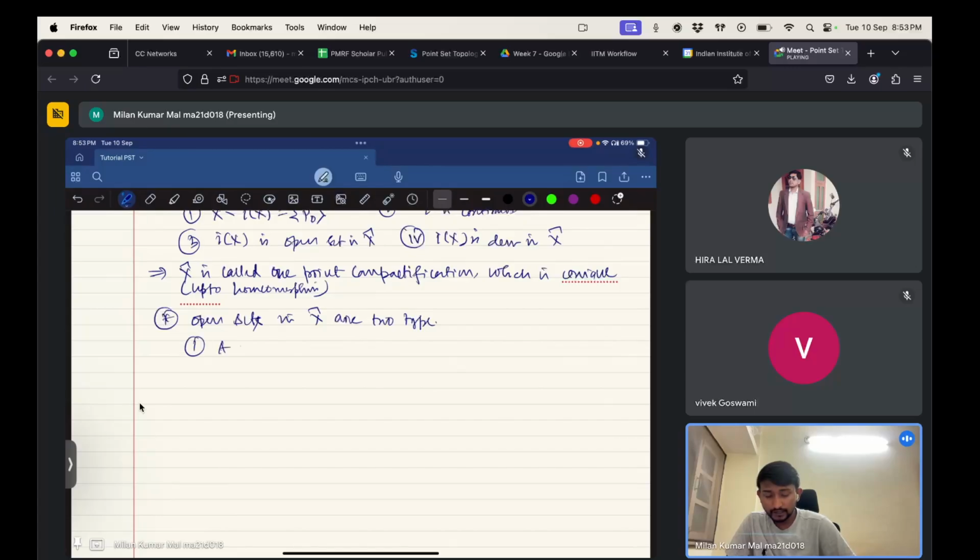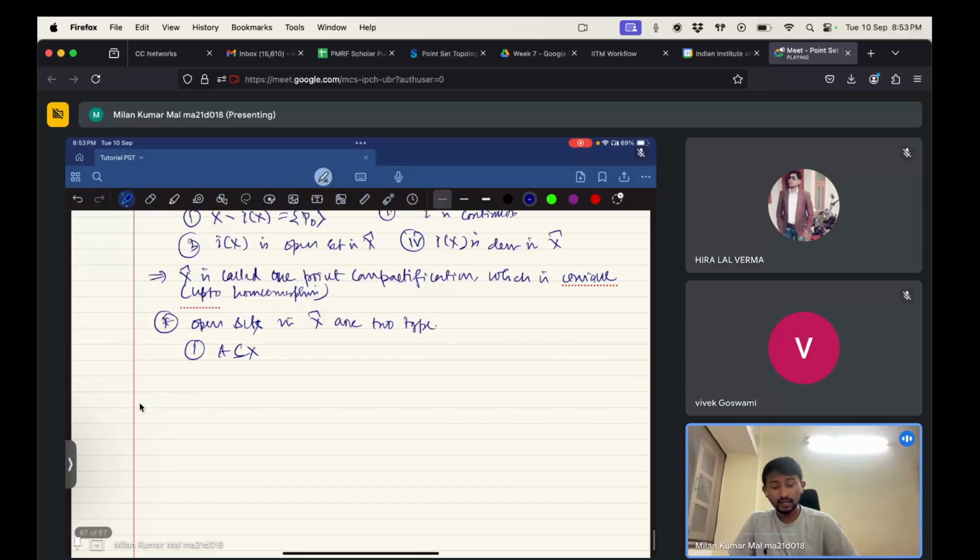If A is a subset of X, let's take an open set in X cap. Whatever topology we define on X cap, that will be the collection of open sets, right? So let U be an open set in X cap such that U is actually sitting inside X. I'm taking a point p naught. So U is sitting inside X, then U is open